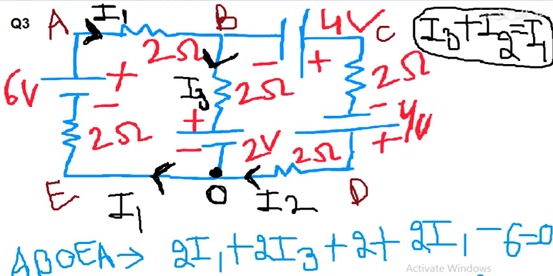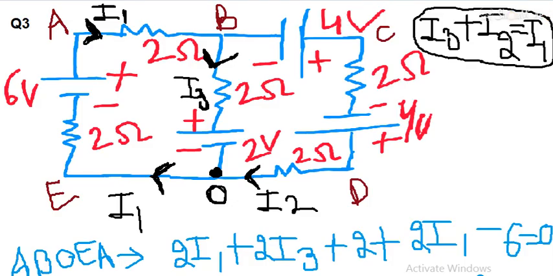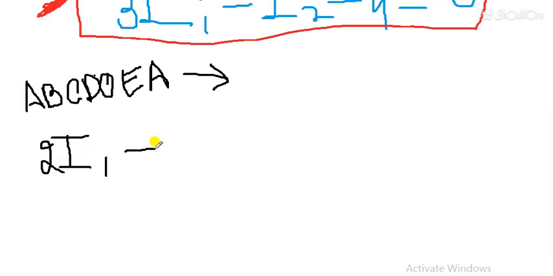Now starting from A, I1. So I have to see the equation again and again because I don't know about the circuit here. So 2I1. Now again after 2I1 battery is there. So minus 4, then 2I2. So here I will write minus 4 because in this I am moving negative to positive terminal.